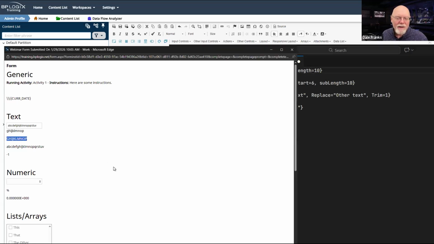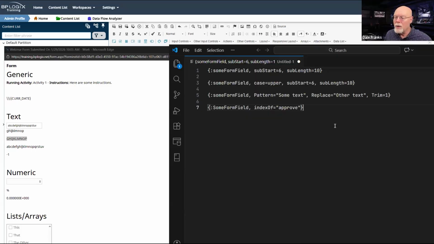Another addition to that is you can do conversions to uppercase or lowercase. There is a case formatter called case equals upper. If you throw that into a text system variable, it will convert all of the text in the string to upper.